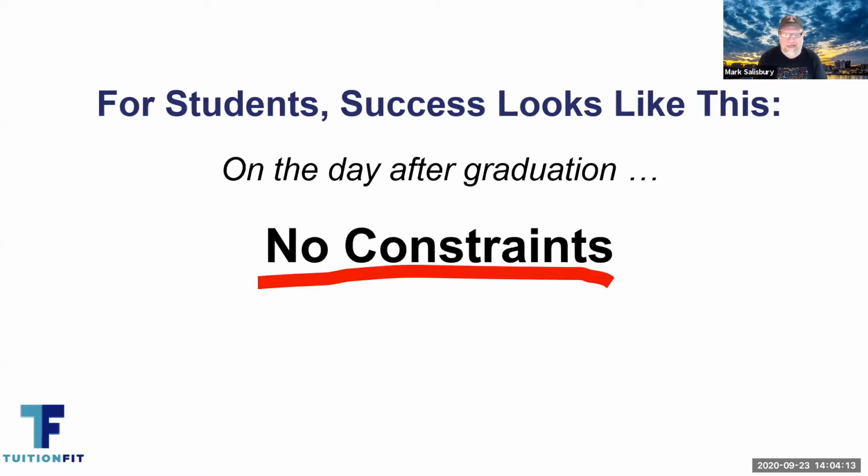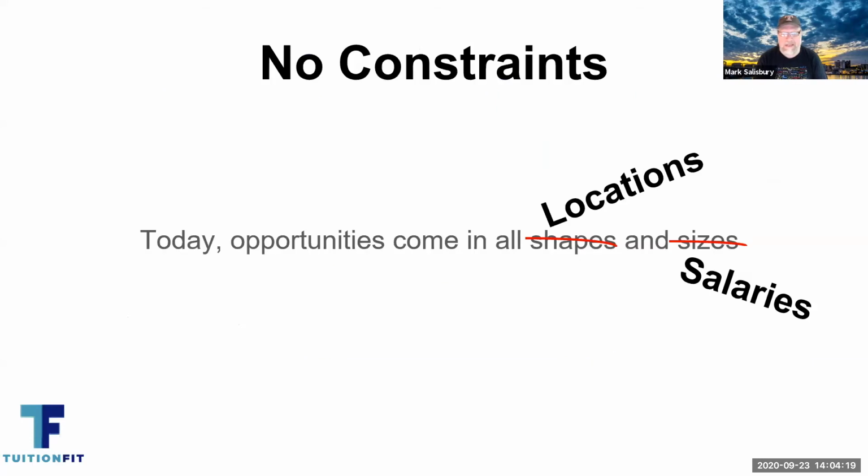What I mean is, yes, they've learned a lot and grown up a lot, but there's nothing holding them back from taking an opportunity that comes along in any location that pays any salary. Maybe it's a nonprofit, maybe it's even a volunteering thing that's really close to their heart. Maybe it's a job halfway across the country that doesn't pay very much, but you want to go for it